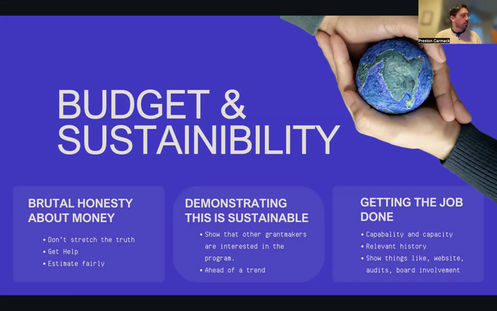Another way you can demonstrate some of these important pieces around sustainability is to demonstrate that maybe you're ahead of a trend. So this could be a new way of approaching homelessness, right? One of the big trends around houselessness and care for people who are going through houselessness has been to build tiny homes, right? If you've seen tiny homes on the internet, they're cute, they're adorable, they're tiny. I would bonk my head everywhere if I lived in one. But there are these housing solutions that are usually under 300 or 400 square feet. They're tiny. Sometimes they're on wheels, but they look like a small house, right?